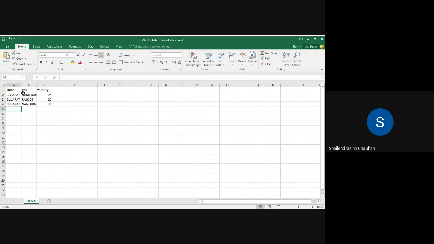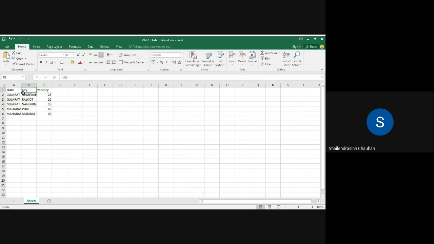State, let us say, Maharashtra, and city, let us say Pune, vacancy, let us say 45. State Maharashtra, city, say Mumbai, and vacancy, let us say 40.